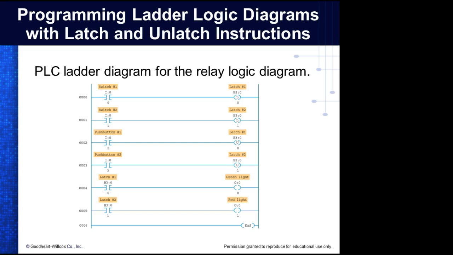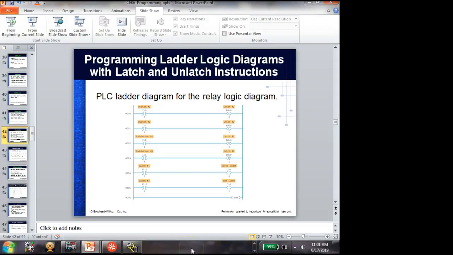Not force it. So down here we have the same coil address, but here we're using an unlatch instruction. Up there we're using a latch instruction. So what I've done is I've stuck this into our program so I can show y'all this. I'm using an actual output where the book uses a